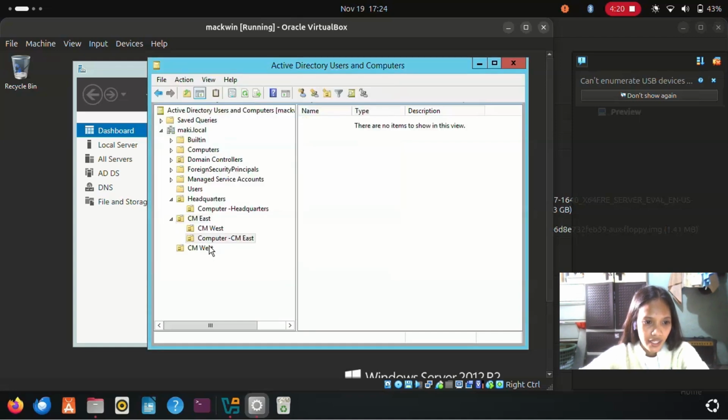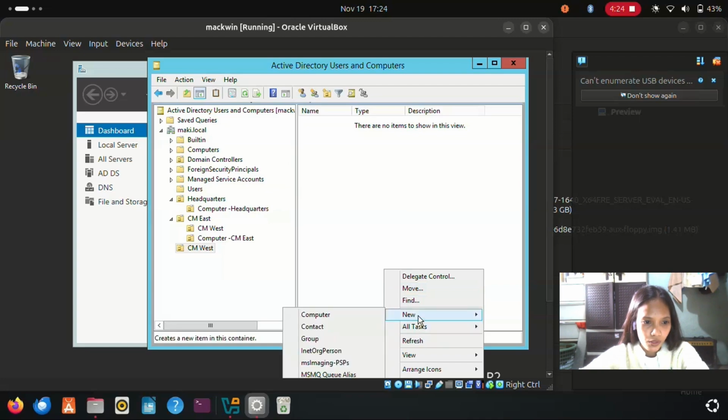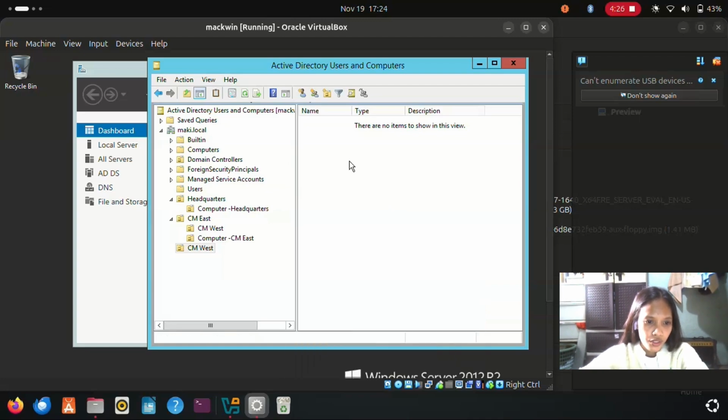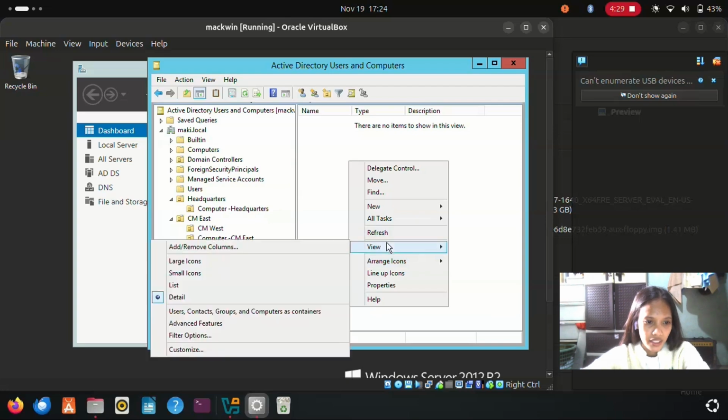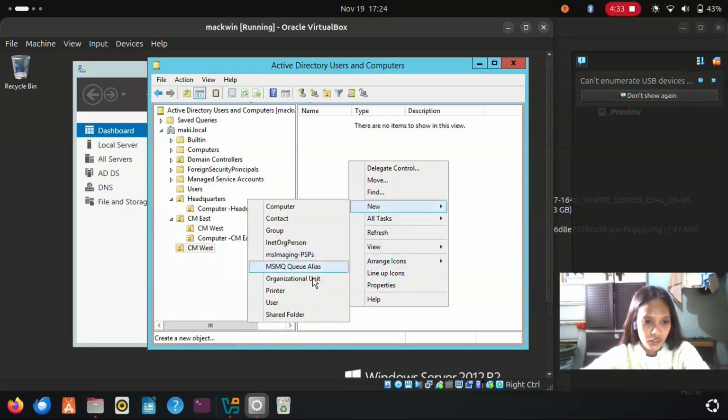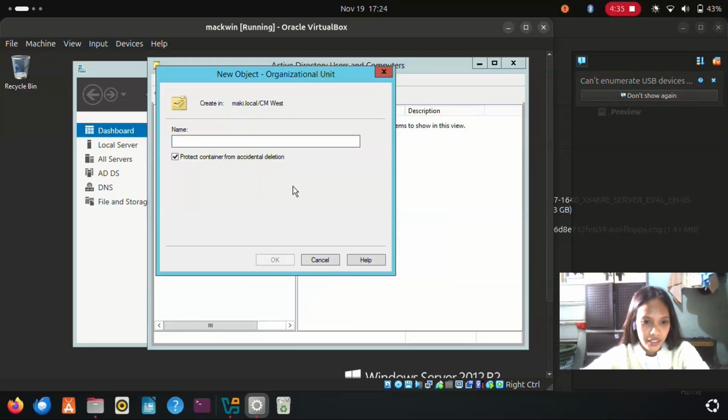The user navigates to the default computers container and sees the client computer object that was joined to the domain in the previous step. And the user right clicks on the domain root Maki local, selects new organizational unit, and names the new OU Clients.